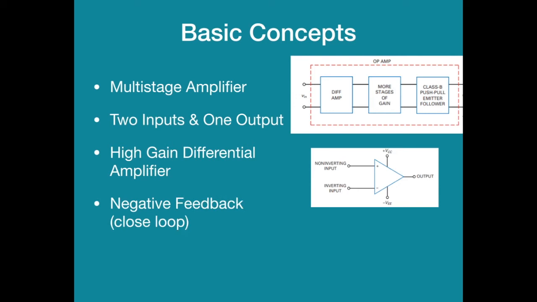As it offers very high gain, we do not use this op-amp in open loop configuration. We apply negative feedback. That is, we reduce the gain of the op-amp so that it can work linearly. As such, this shows dual supply op-amp. We need a positive supply and a negative supply, but we do have single supply ICs available as well.